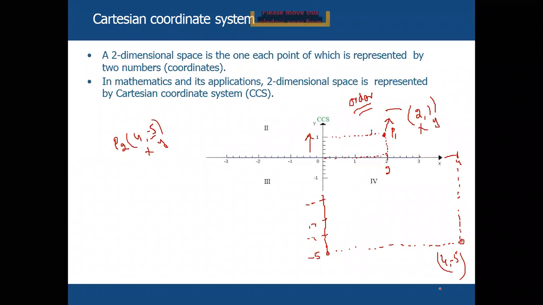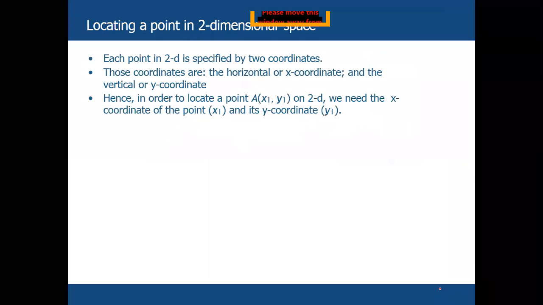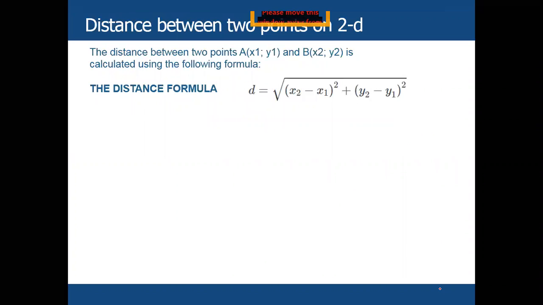Okay, so each point has two coordinates, x and y. Now, how do we find the distance between 2 points and the midpoint between these 2 points? We need the midpoint formula and the distance formula. We have the distance formula first. For example, if we draw a coordinate system, we have point number 1 and point number 2. Let's suppose point number 2 is here. So how do we find the distance between these 2 points?